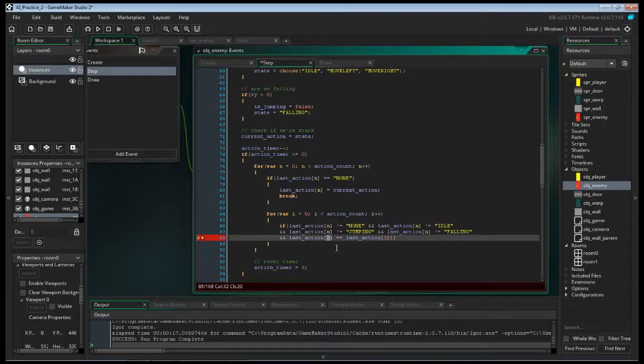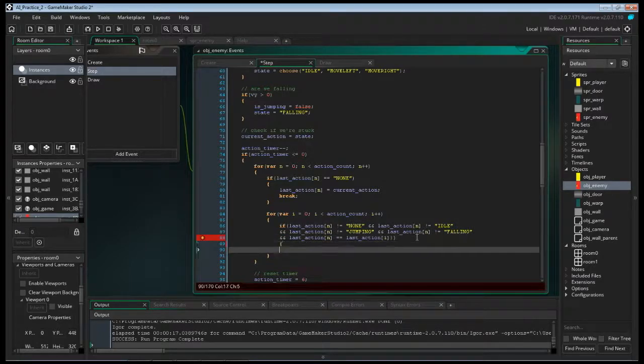So we're going to see if last action n is the same as last action i, because i and n are not the same, so it'll check at different rates, and then we can do something. So if this is met, then we're going to do some stuff. So open brace, closing brace,